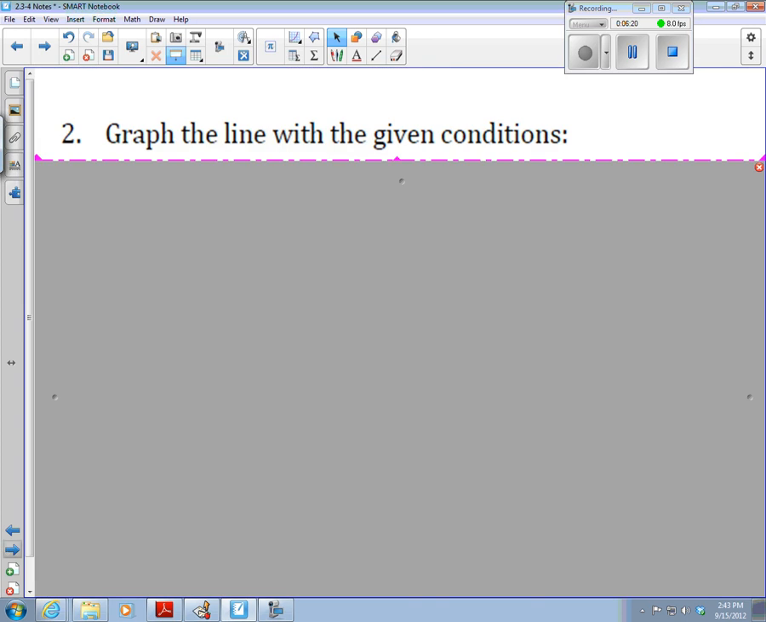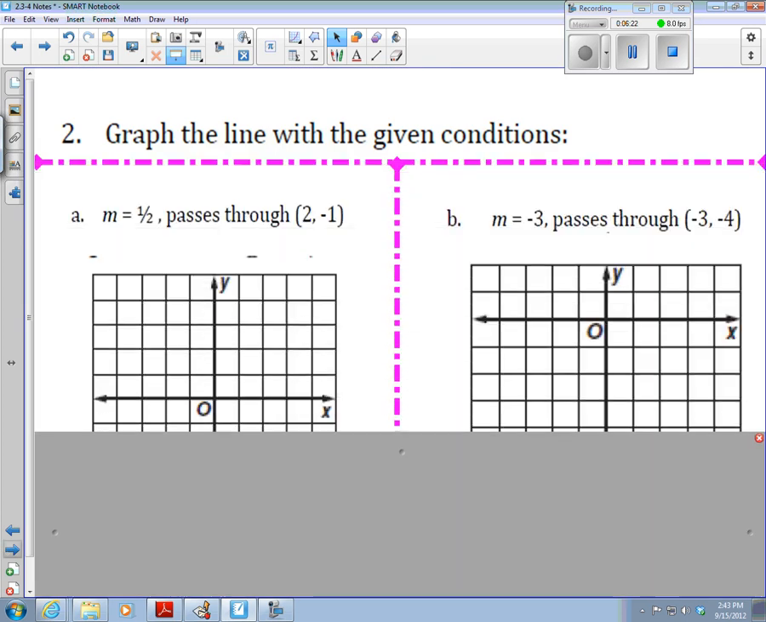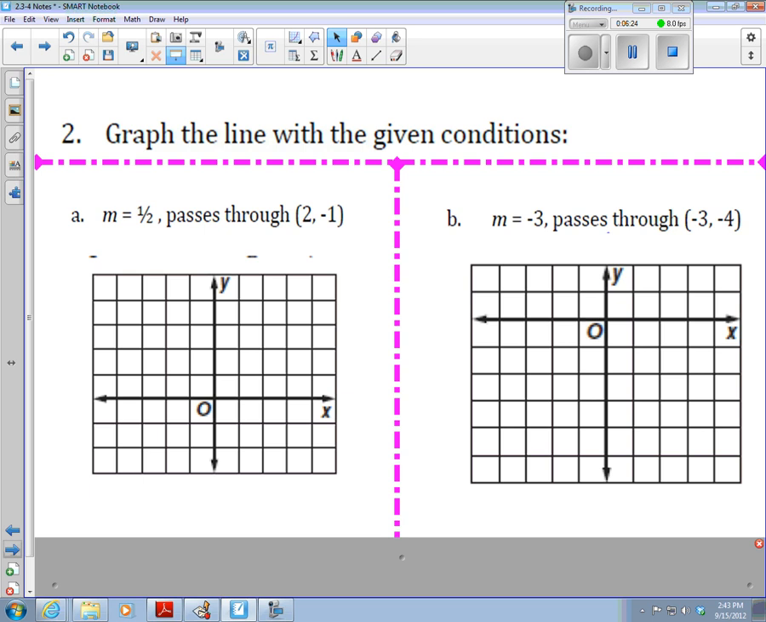Graphing the line with the given conditions. Well, a couple things. Slope is rise over run. We know that, so we're going to use that when we graph using the slope. First thing we do, if it has a slope of 1/2 and passes through the point (2, -1), graph your